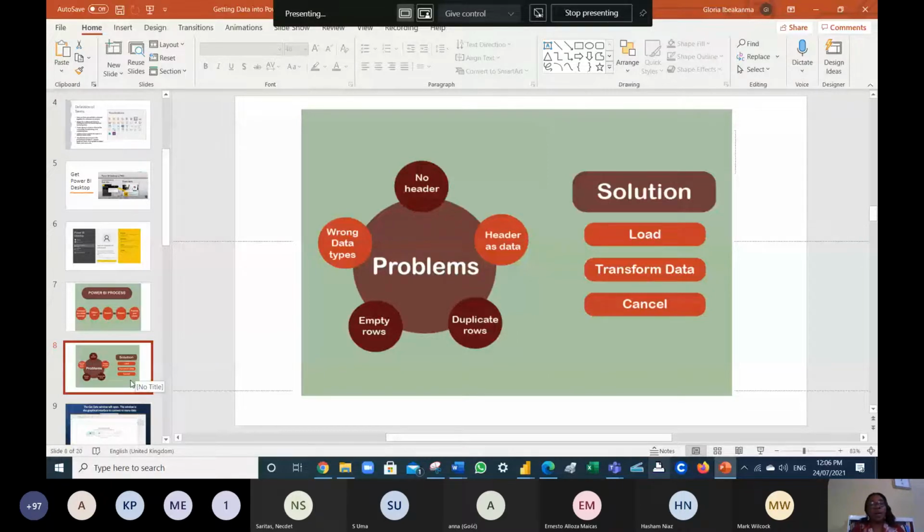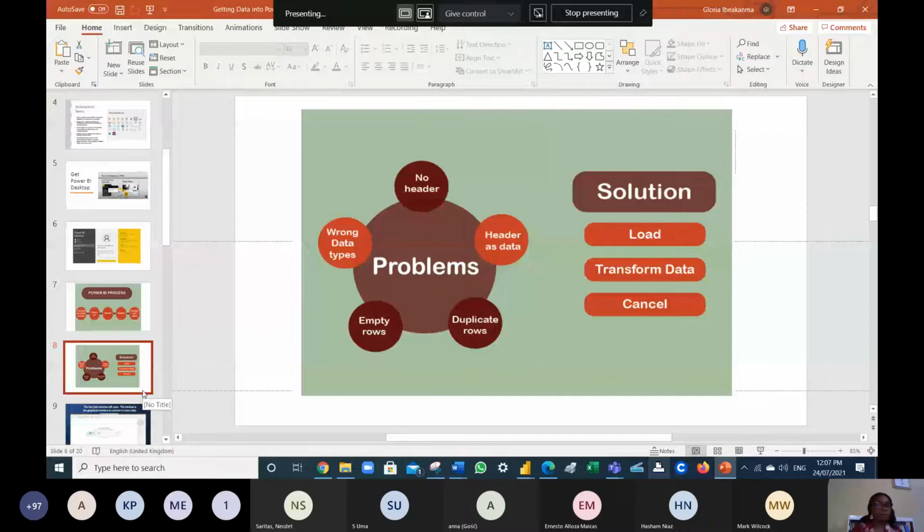And the ideal or the professional thing to do is that when you load data, or when you connect to a data source, it is best practice for you to transform your data. Your transformation is you are trying to take a second look at that data. Is it exactly what I want, before I bring it in for my report? So we'll quickly go